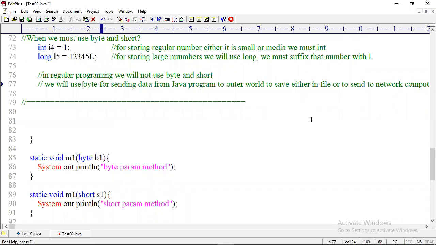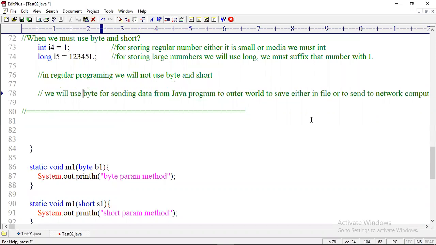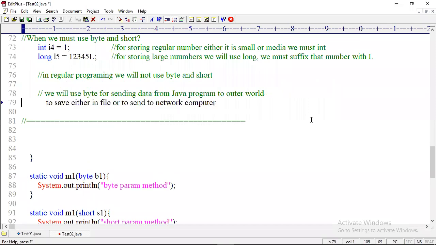Repeating again, we will use byte for sending data from a Java application to the outer world, either to save in a file or to send to a network computer application. Accepted? So then why do we need byte, sir? To send data in binary format.